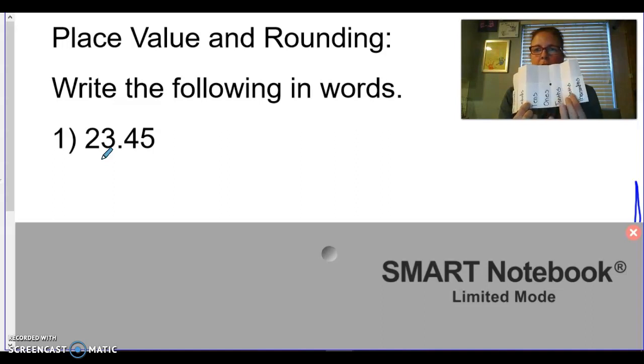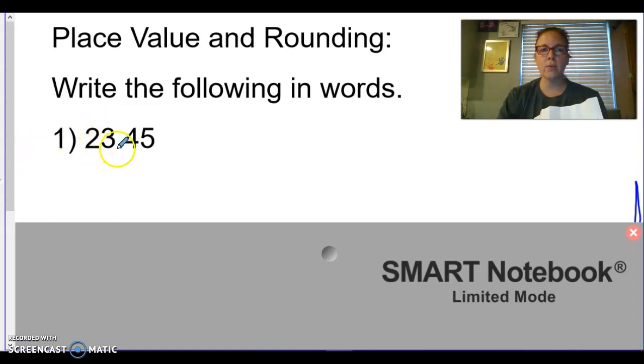So you got to look and see, where does it end? It ends in the hundredth spot. So that's what we're going to end our word with. So we would read this as 23. I'll follow along on the board. 23 and 45 hundredths. 23 and 45 hundredths. So I'm going to help you spell that. Okay. So it's 23